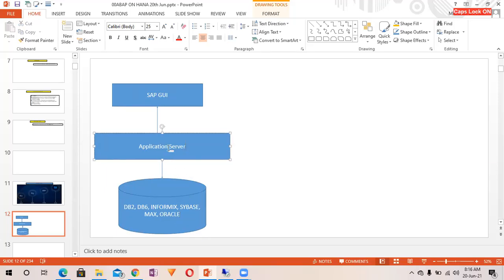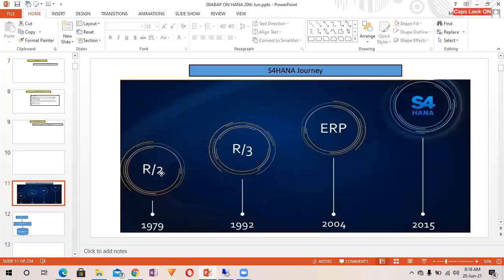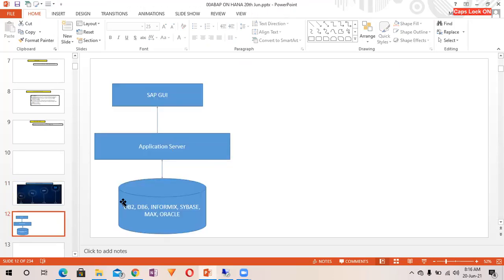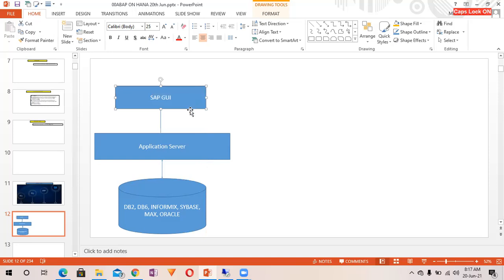Because it is loosely coupled, the upgrade of any component is not going to be a nightmare. When it was the R2 architecture, where application server and database were both tightly integrated, it used to be very difficult to upgrade any component, particularly the application server or database.